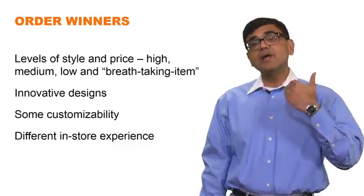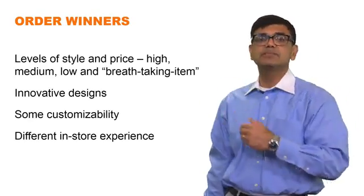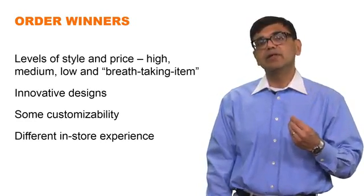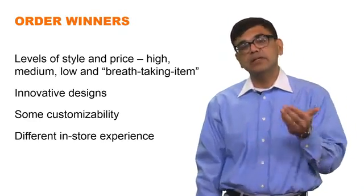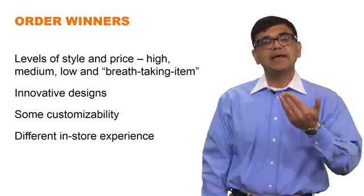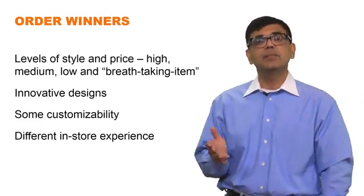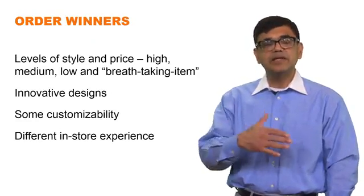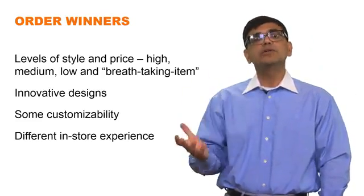Order winners. Why would customers for the same type of product go to an IKEA versus a competitor? So even though it's moderate price, the level of style is high, and not only that, you have a range available even within that. So there's high, medium, low prices, and they also have this notion of a breathtaking item. And it wasn't clear to me from my readings, at least, what a breathtaking item is. But I think it's either breathtaking item from a price perspective or from wowing you in terms of what the